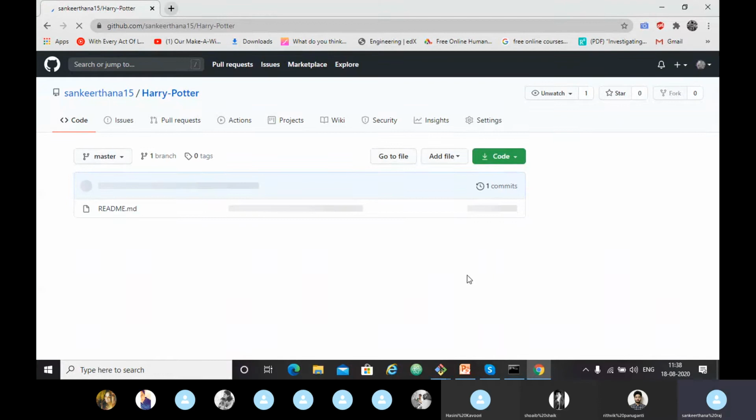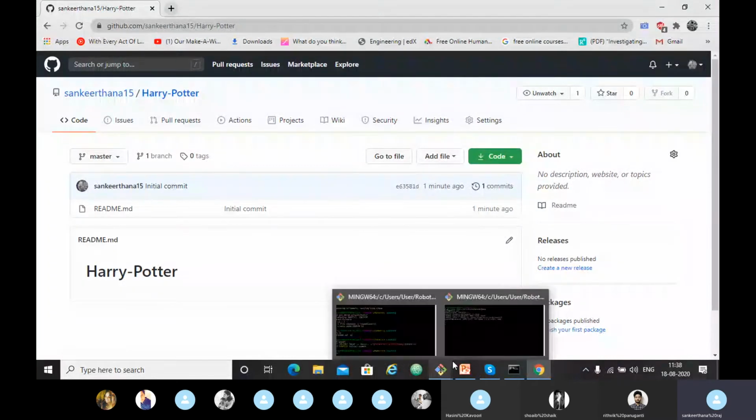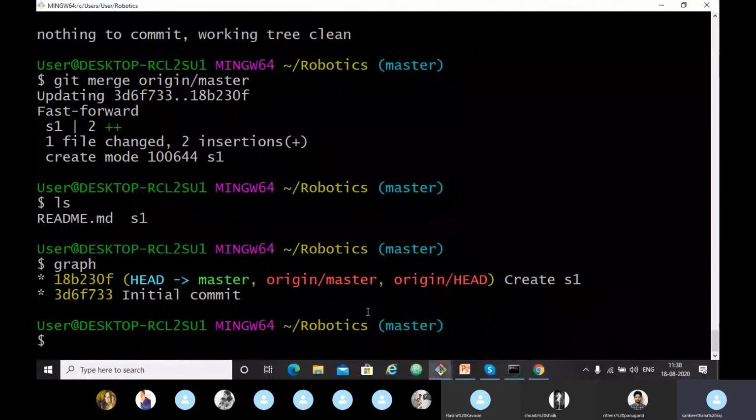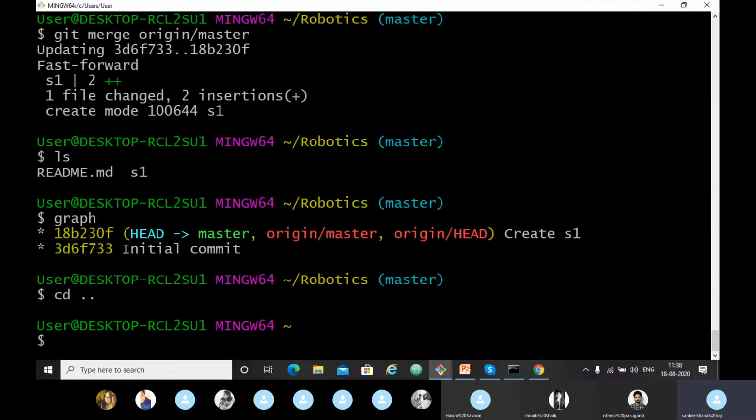So this is our Harry Potter repository, and we have one branch, the master branch, and we have made our one commit, the initial commit. Now I want to clone it, means I want to download it into my local repository. So I'll just come out of this robotics directory now. You just have to type cd dot dot. After creating it, what shall I do? Just have to clone it, git clone,